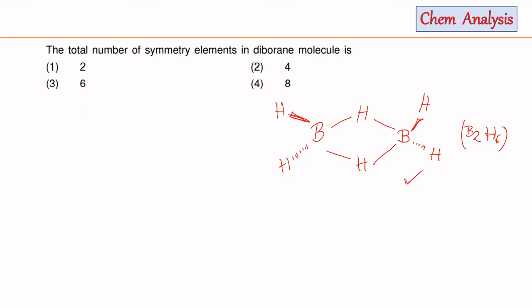in this diboron system. Here you can see that you can consider a principal axis passing through this, and that principal axis will be C2, that is 1 C2, and similarly there will be two C2 axes that are perpendicular to this principal axis. One is passing like this, and one is perpendicular to this C2 axis, that will pass along this axis. You can imagine by yourself, there will be two C2 axes perpendicular to this principal axis.